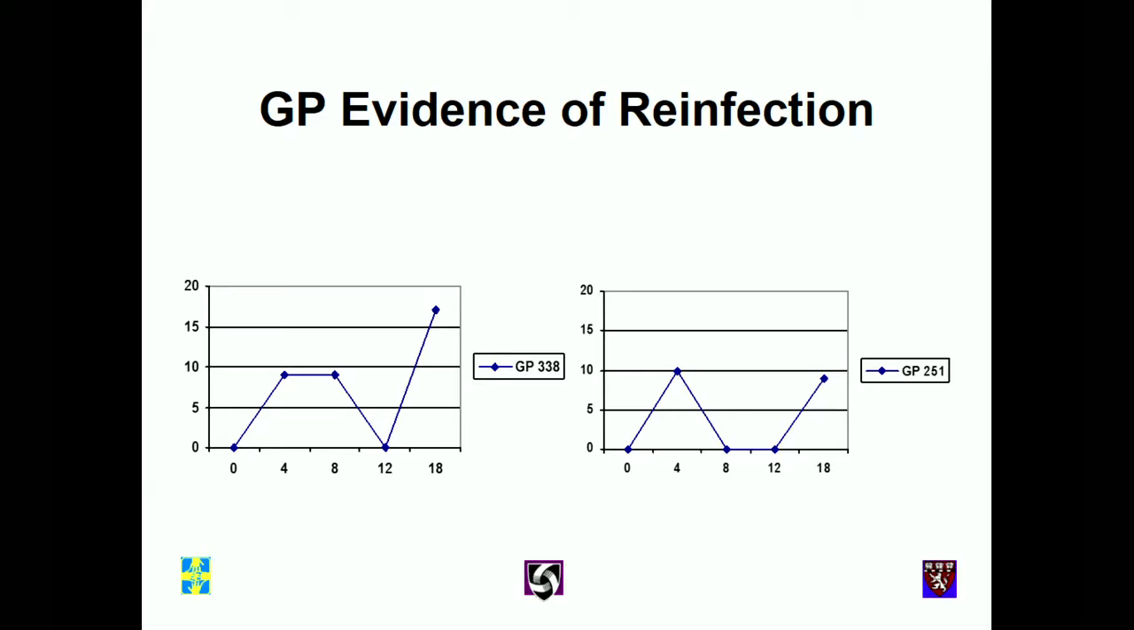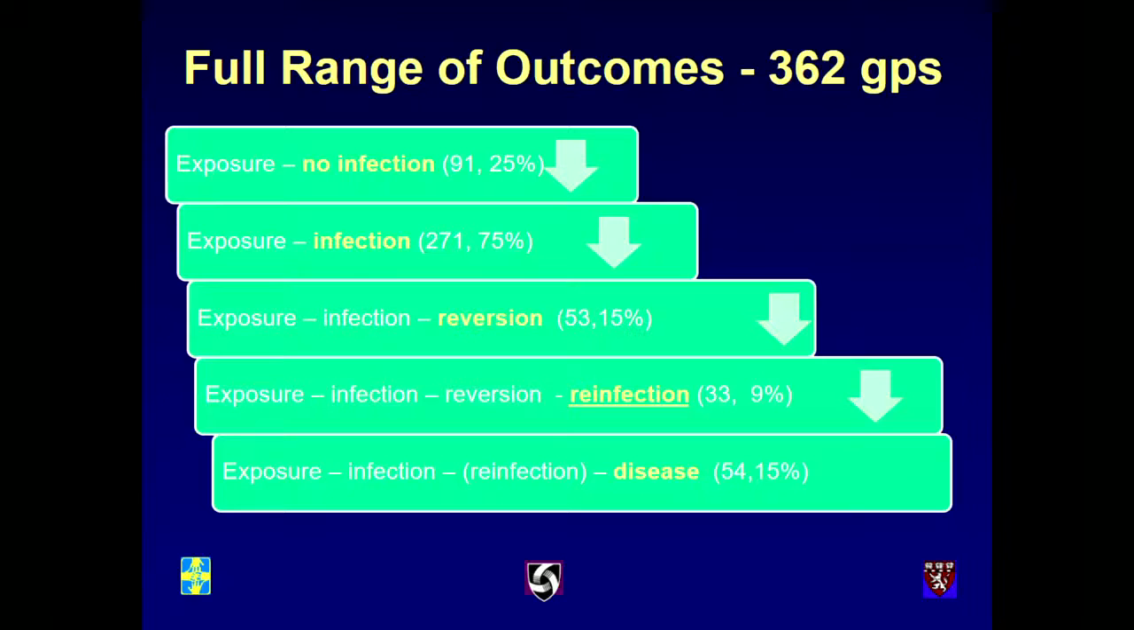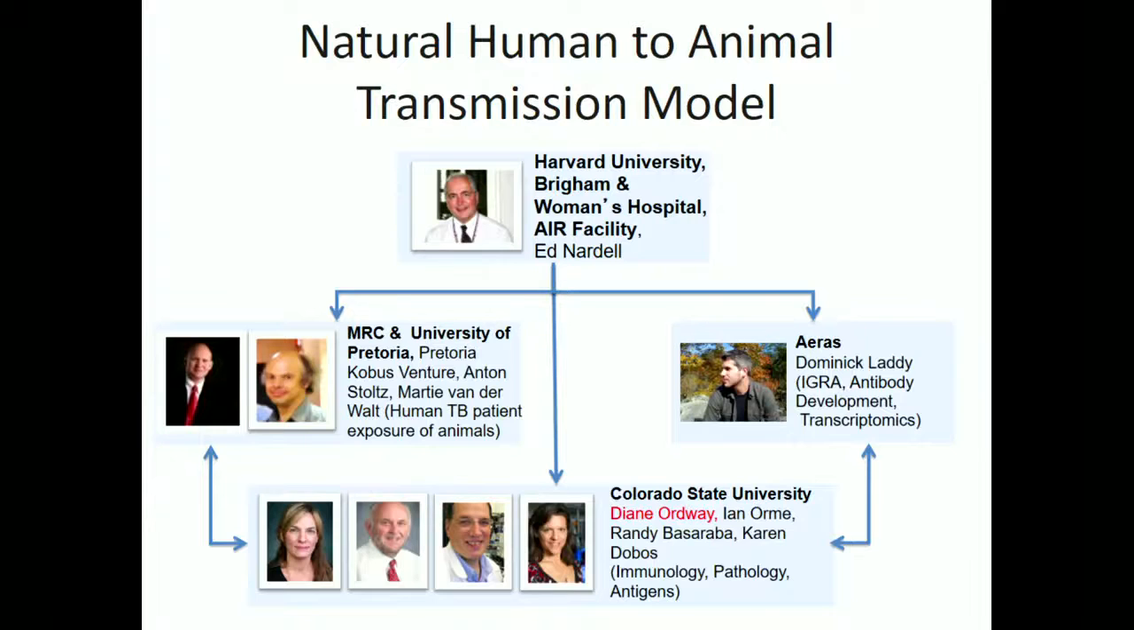We didn't remove the animals after their initial reaction, simply because we had no place to put MDR-infected guinea pigs. But it turned out to be quite an interesting happenstance. So overall, in that particular study, we had infection in 75% of animals, but reversion in 15%, reinfection in 9%, and disease in about 15%, not unlike human rates of disease. So this stimulated the Gates Foundation, and in collaboration with ARIS, to engage Diane Ordway and Ian